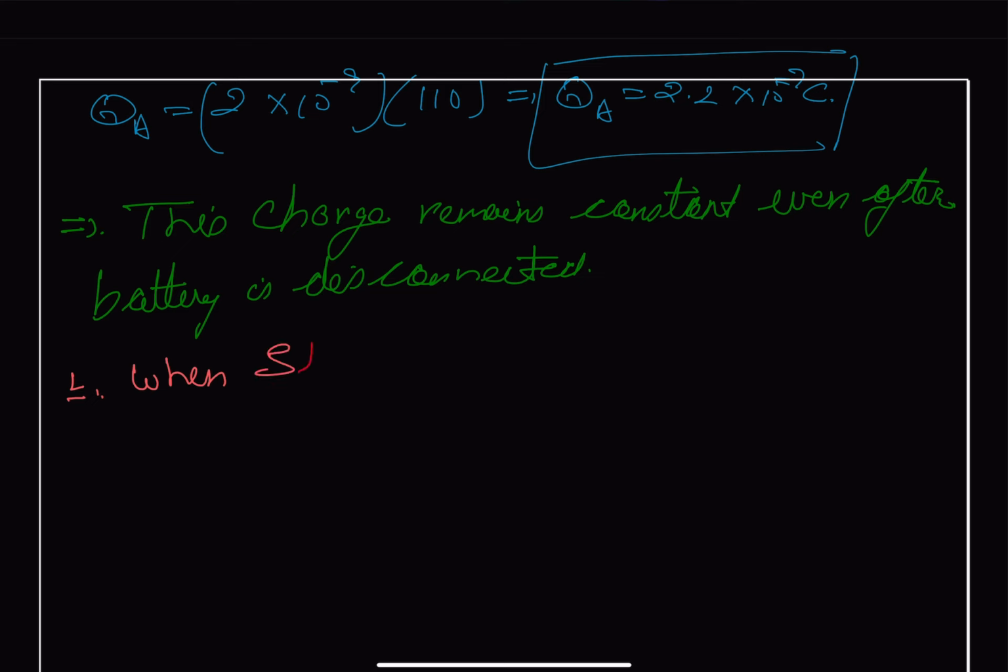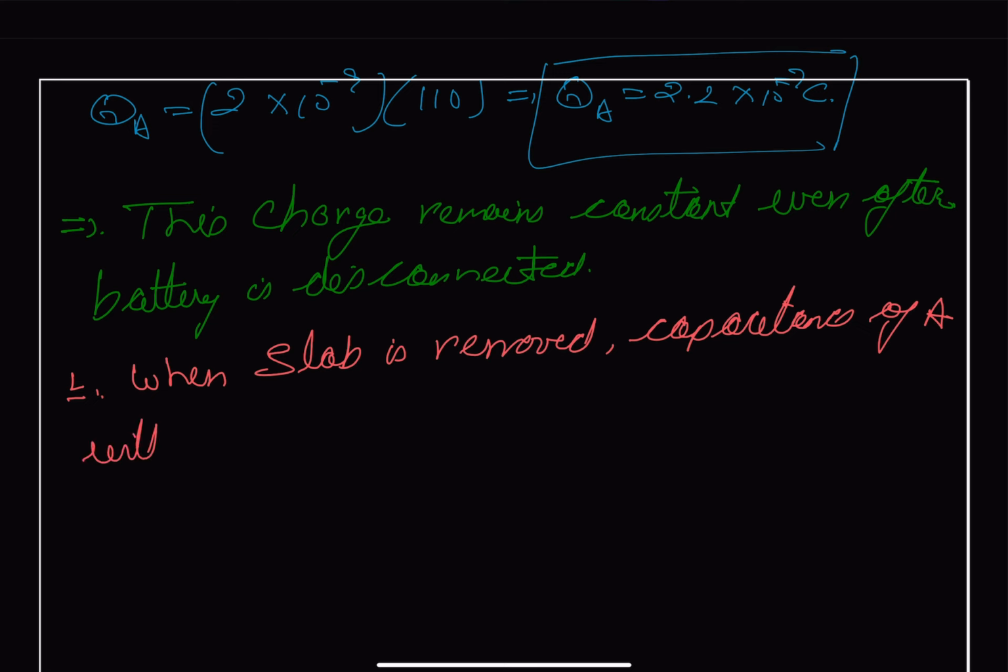When the slab is removed, the capacitance of A will get reduced, and let us call that capacitance Ca prime. We can say that our Ca prime will be equal to epsilon naught,